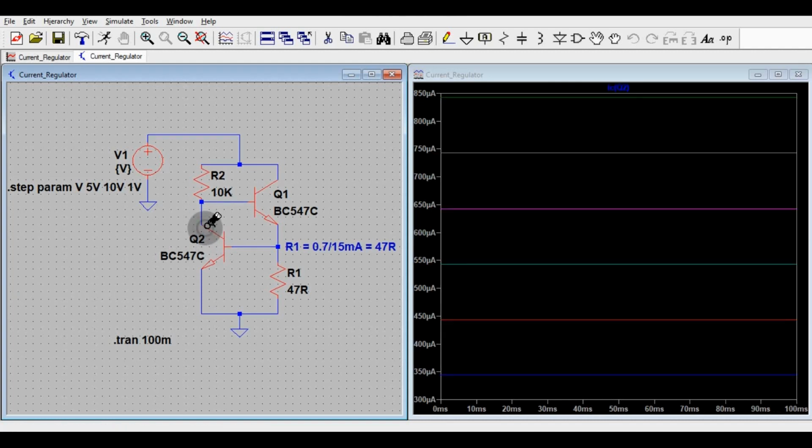Yes, so you can see the current flowing through this transistor is different for 5 volt, 350 microampere, and for 10 volt, 850 microampere. That means this transistor is not working in a saturation region. Q1 is working now in linear region, and it is handling more power dissipation across it, right?